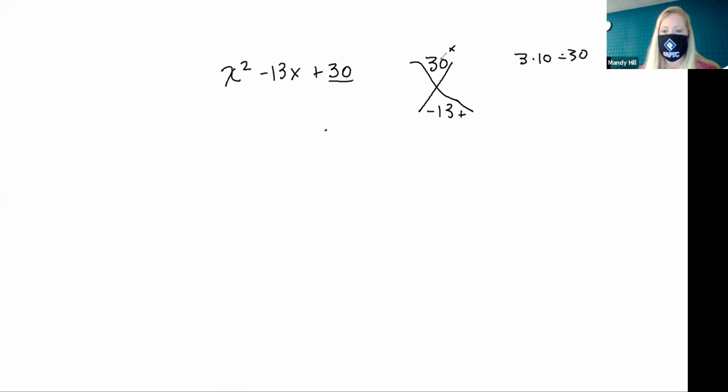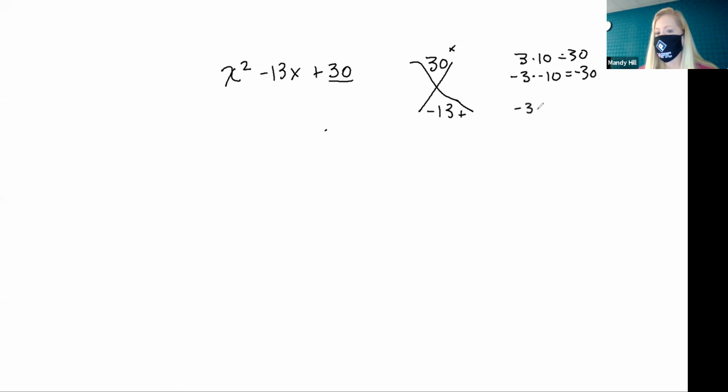What ways do we get numbers that multiply to be positive? They either both have to be positive or they both have to be negative, right? And the only way that I would get a number to add to be negative is if the 2 numbers are negative. So maybe if I did -3 times -10,